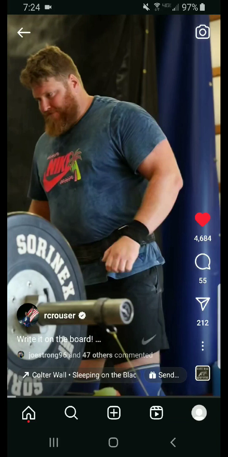But what they do have is they can produce a whole lot of power really fast, and they themselves are just super fast. So they tend to have really good sprint times, like a 30-meter sprint or something like that. And they tend to be more lean and